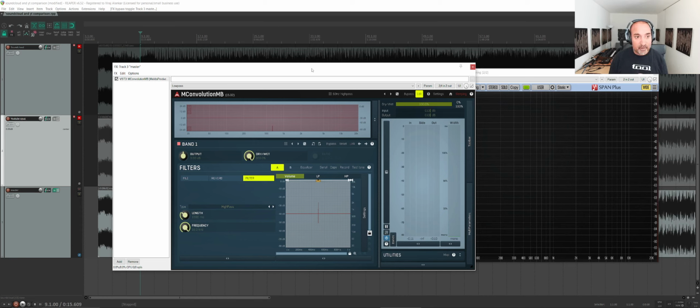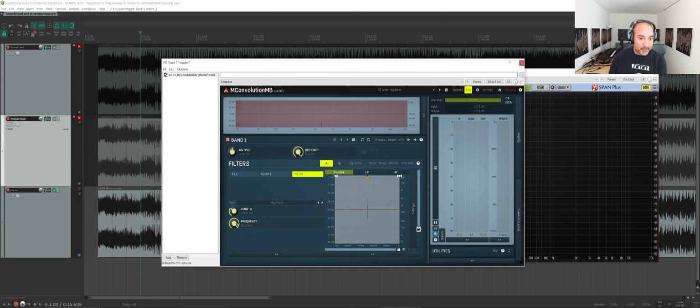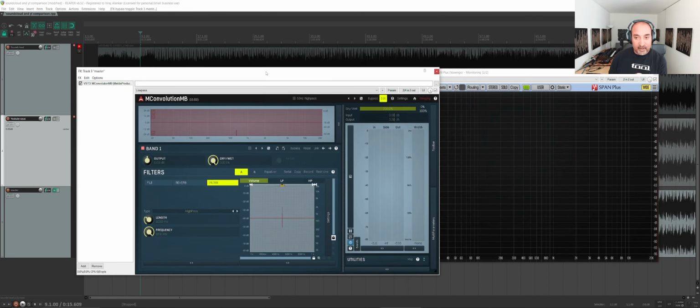Just as an example, you can use N-convolution to create some very steep filter curves. And here I'm basically applying a high pass to the master, and I pick 16 kilohertz just to see if I could kind of hear it if I'm only playing those frequencies. So if I hit play,